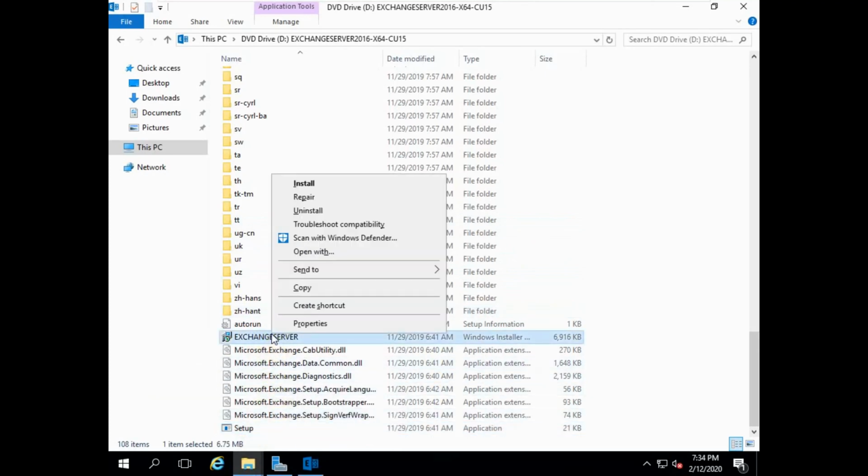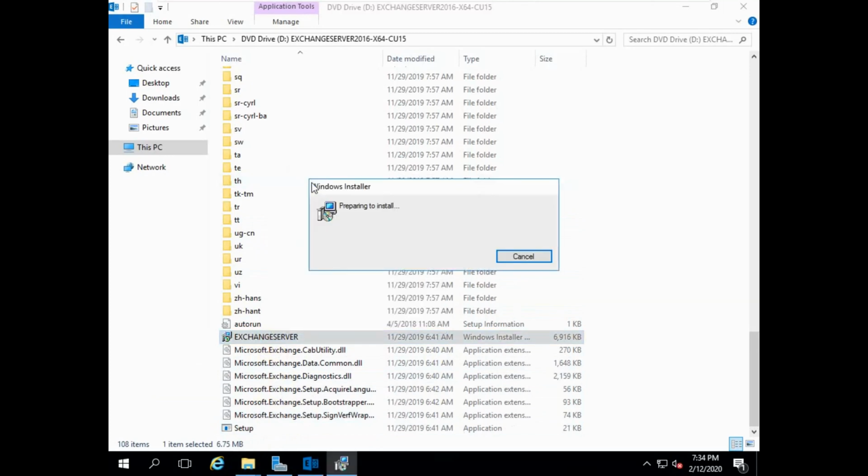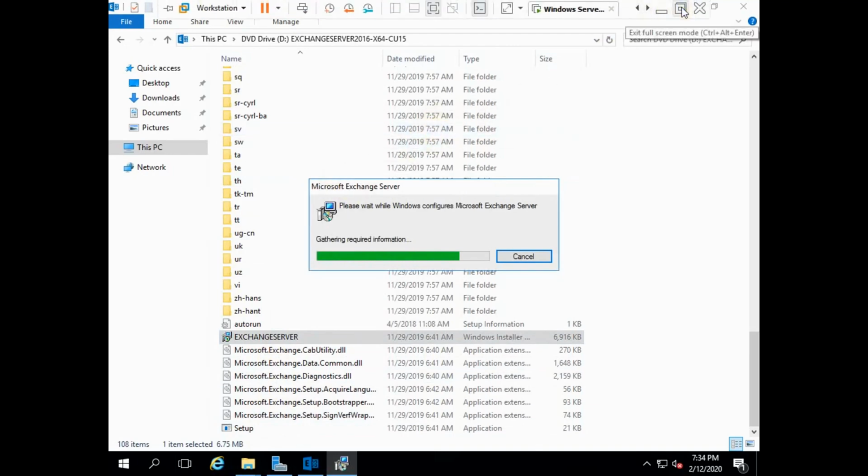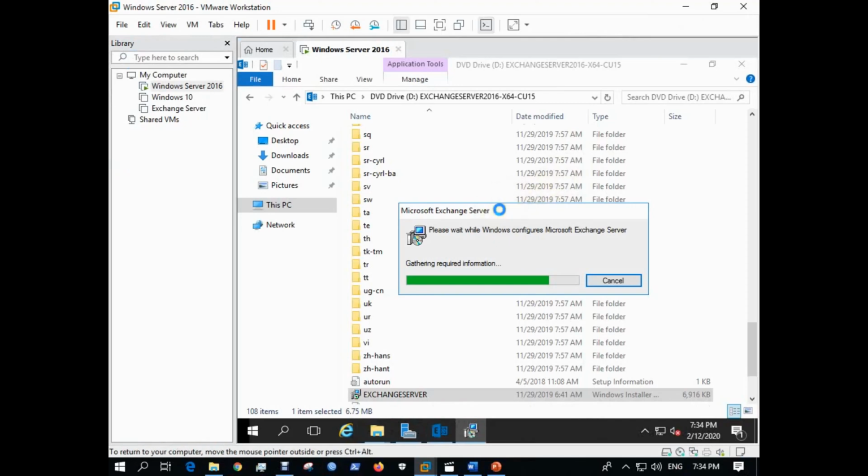Or you can install the Exchange Server installer file. It will take some time to start the process.